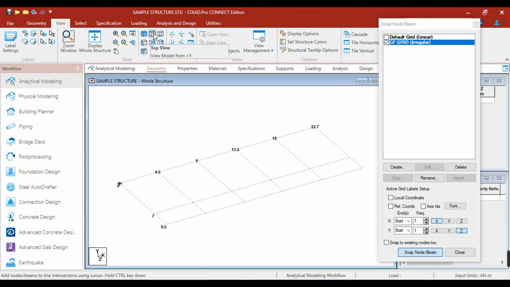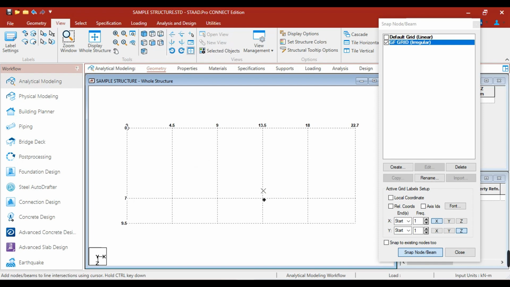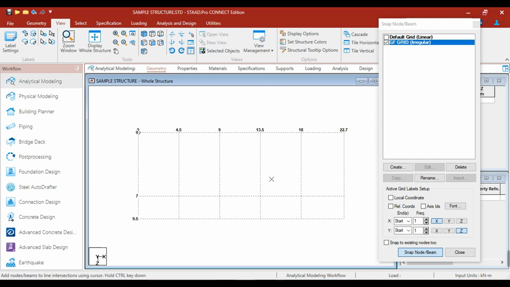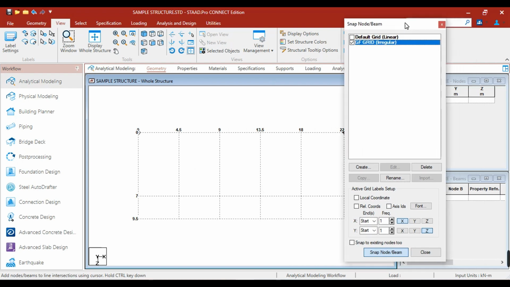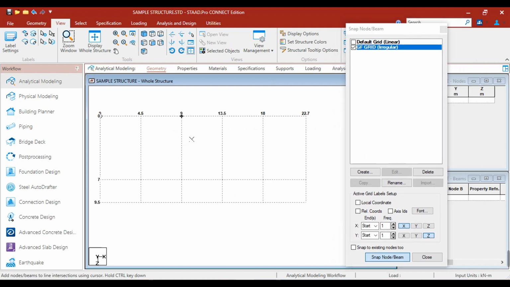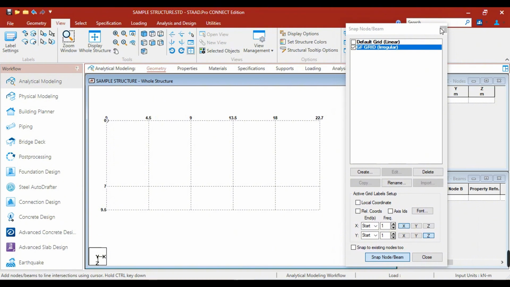Now we click the top view to view the top of the grid line. Once we have created the ground floor grid line, we are now ready to create beams.